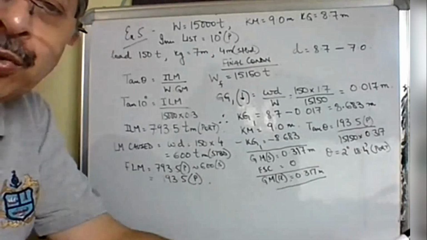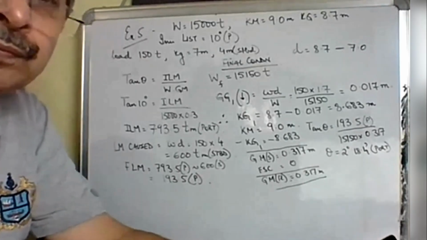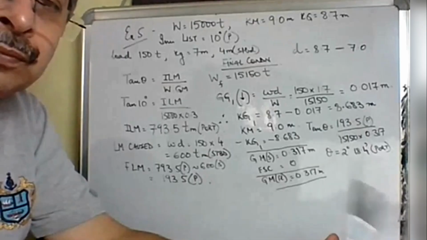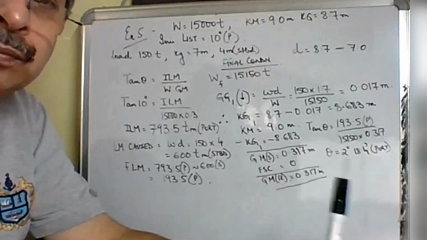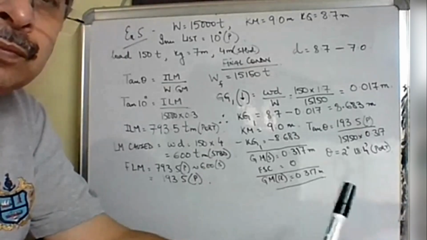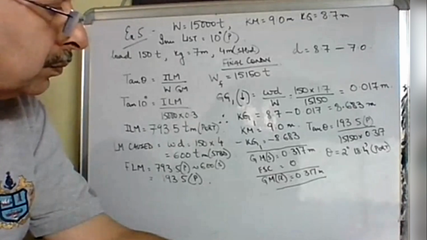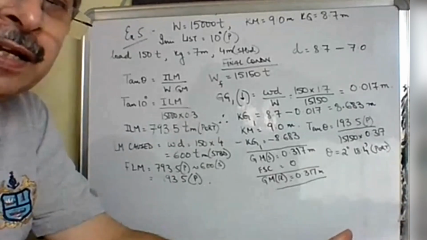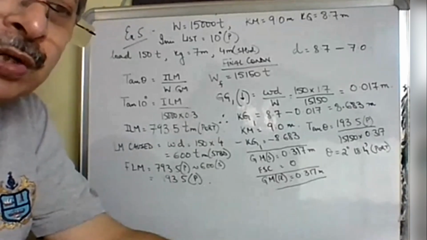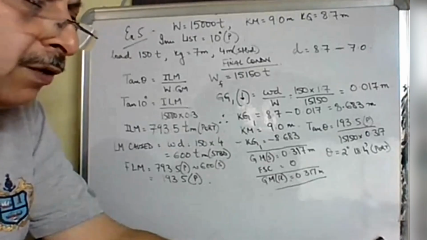Any doubts on this one? Any doubts? If FSC is not given, then 0 will be taken. Yes, if FSC is not there, then GM fluid, GM solid is equal to GM fluid. If FSC is not given,